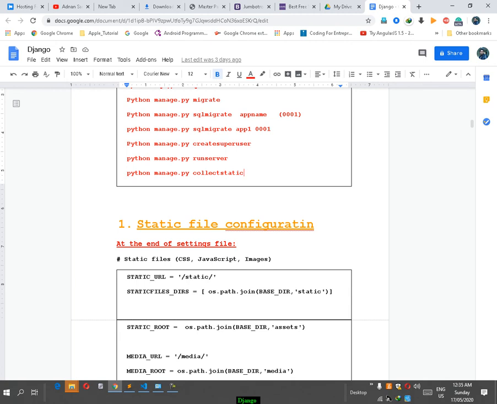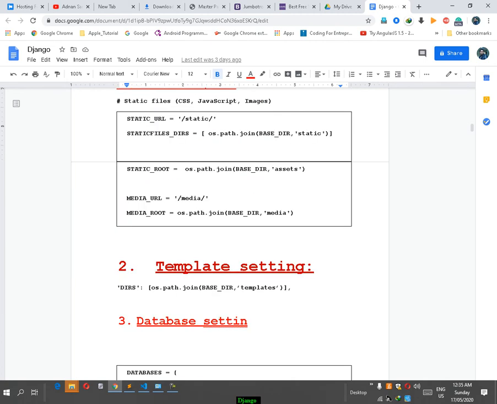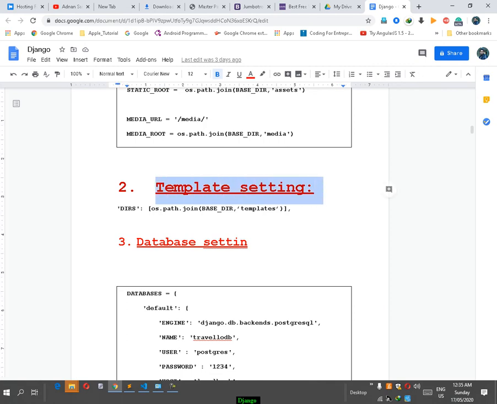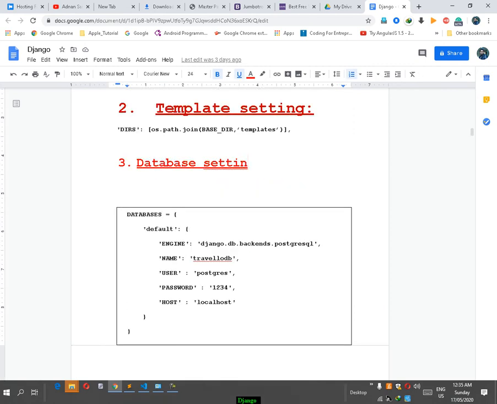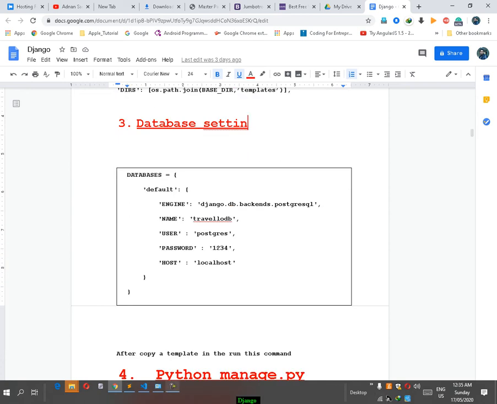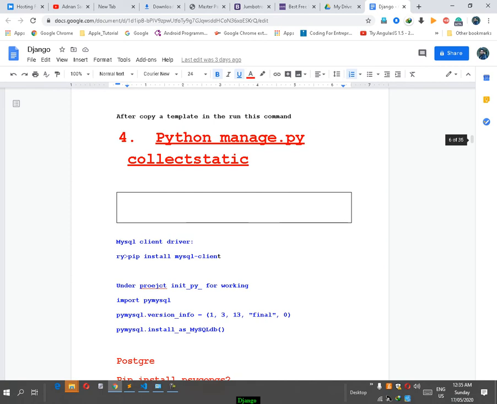So once you set everything, your template should be defined. As I already discussed, the database should be unchanged here. For PostgreSQL, the programmer who loves PostgreSQL may use this format: engine name, user, password, host, etc. So after that,